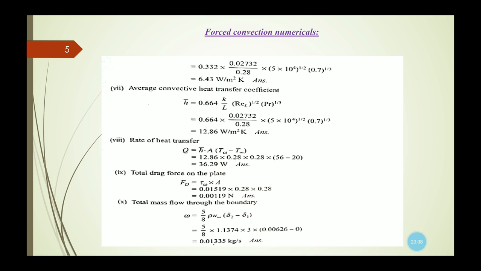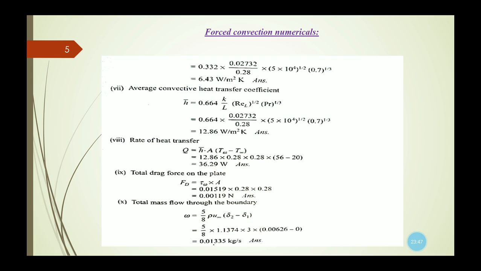So to calculate the total mass flow through the boundary, we need to use this formula. It is omega equals 5 by 8 rho u alpha and (delta 2 minus delta 1). So this formula also we have studied earlier during a derivation in this boundary layer concept. This rho and u are given in this numerical. Delta 2 we have calculated here, and delta 1 is 0. So putting all these values, we can calculate the total mass flow through the boundary, which we are getting as